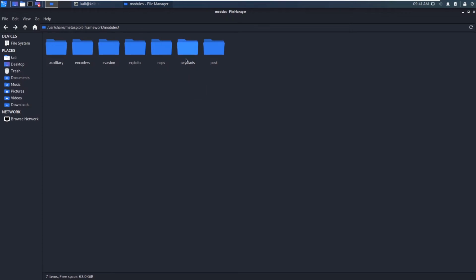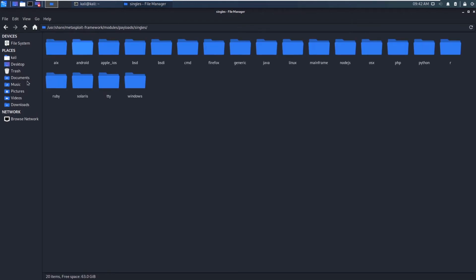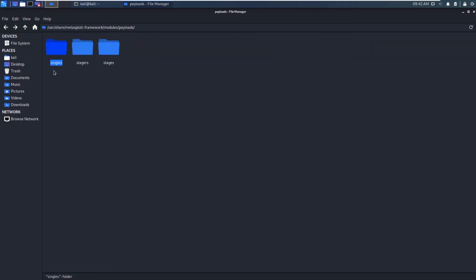And the next one is the payloads. You can see there are 3 types of payloads over there. This payload contains things like bind TCP and reverse TCP. We have already seen this with netcat, where we got the shell from the victim on another terminal. In the same way, we can get the shell from the victim's computer using these payloads. And you can see singles payloads. There are so many types. These single payloads are like